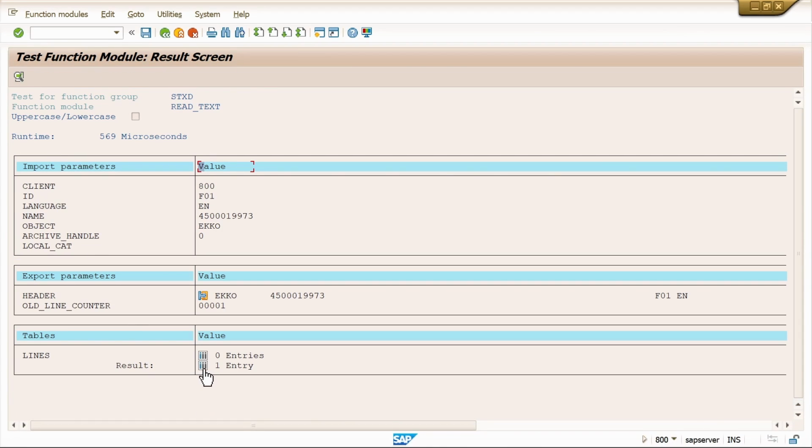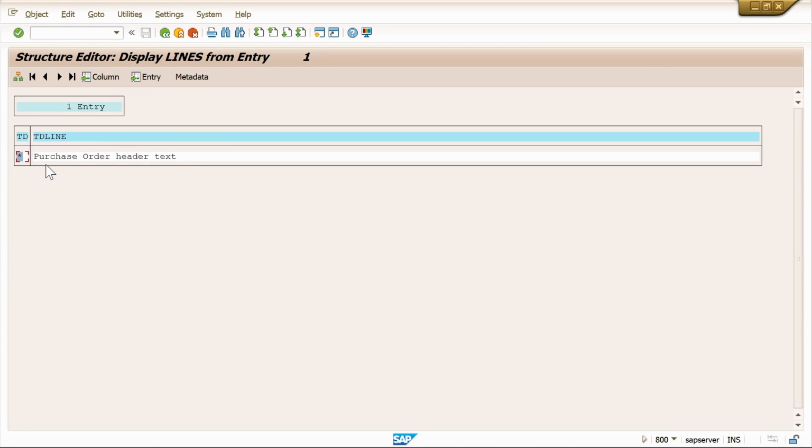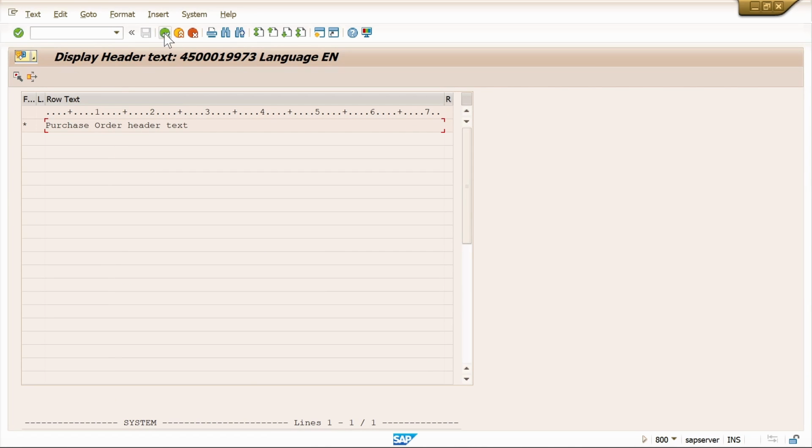Yeah, the system successfully brings the one entry. Just click here. It successfully brings the purchase order header text. Now we can see how to bring the purchase order line item text. Just go back to the purchase order line item, close it, come back,